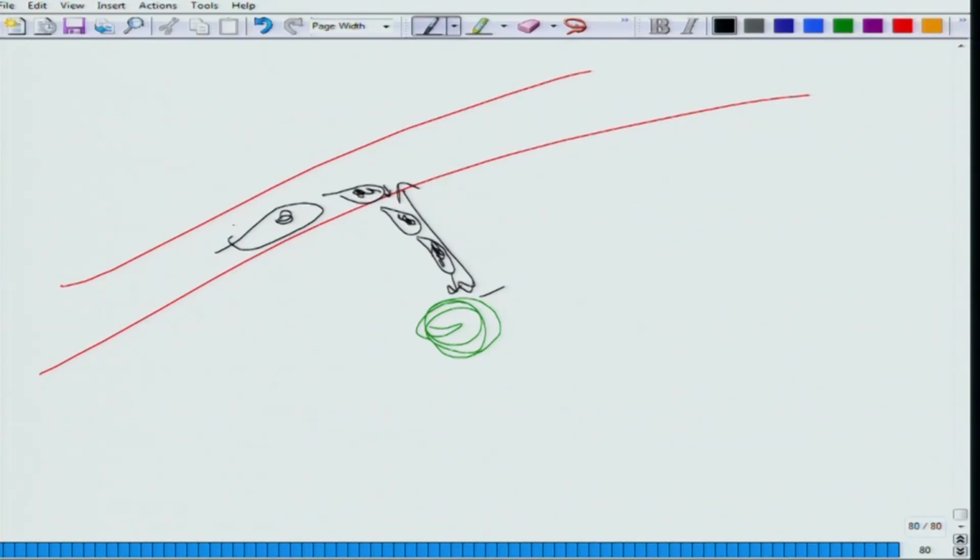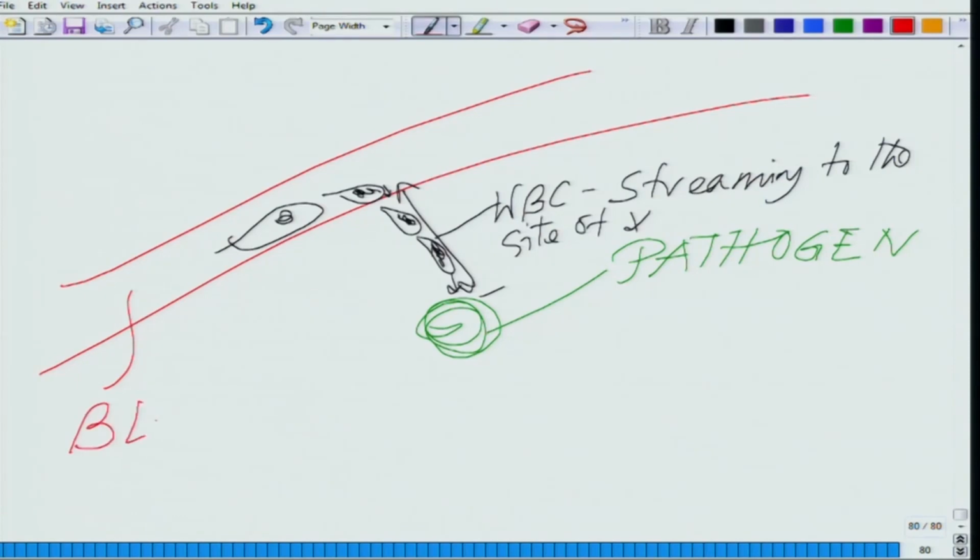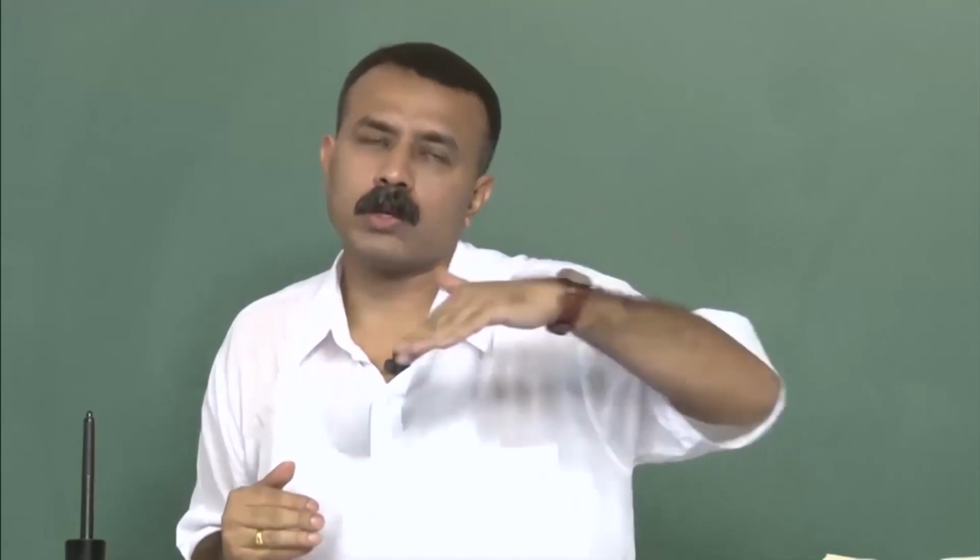And this movement, of course, since they are moving, so this is where the pathogen or the infection is sitting, and these are your WBC streaming to the site of pathogen, and here you have the blood vessel where the blood is flowing. Okay. So, they have the ability, tendency is the wrong word, they have the ability to come out of the blood vessel and move to the site of infection or site of injury